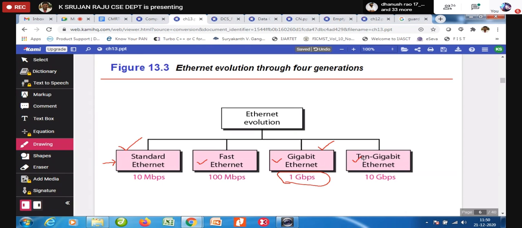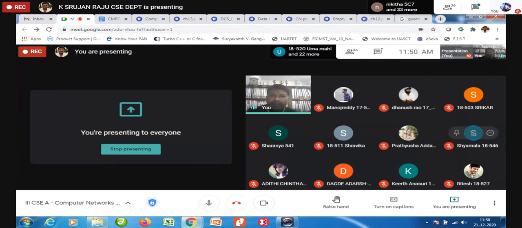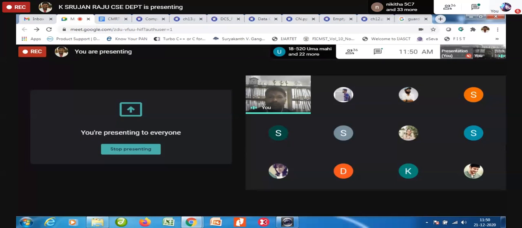Okay, so everyone, please post it in the chat: in the data link layer, what are the protocols it is going to use to provide these multiple access services? Post in the chat. What are the two protocols I just explained which are going to be used in Ethernet? Bit oriented protocol and that. Post in the chat.